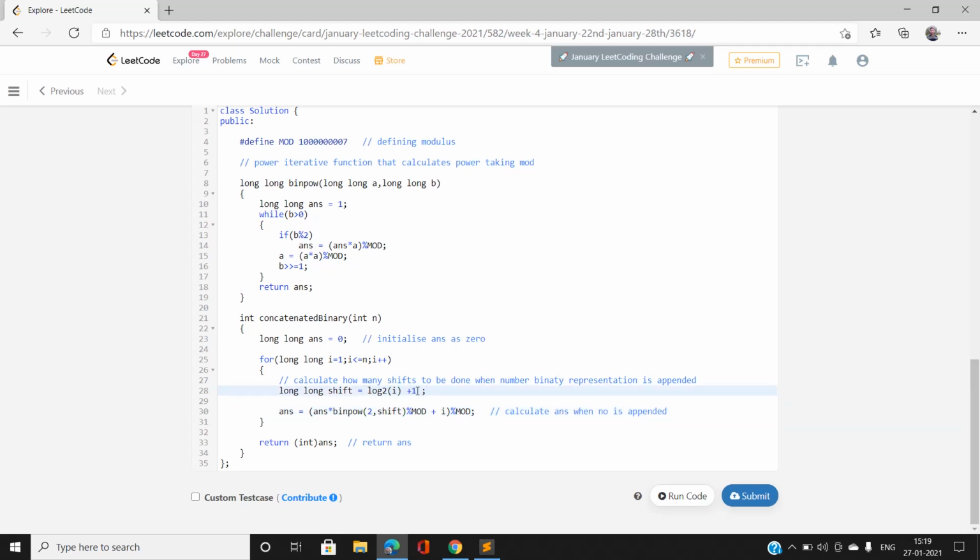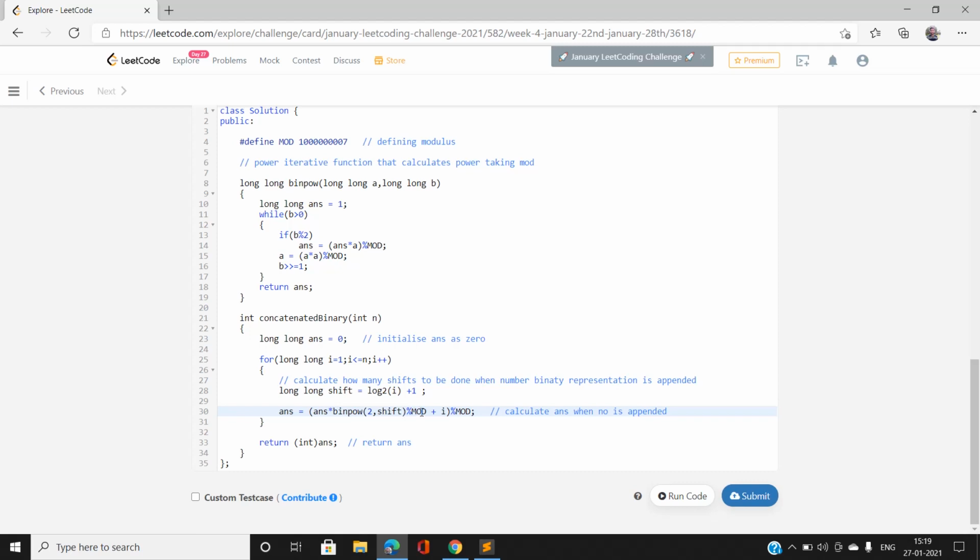So shift will be log 2 of I plus 1, and our answer for the current I, suppose I equal to n, would be the answer for I equal to n minus 1 times the number of shifts, that is 2 power shift.